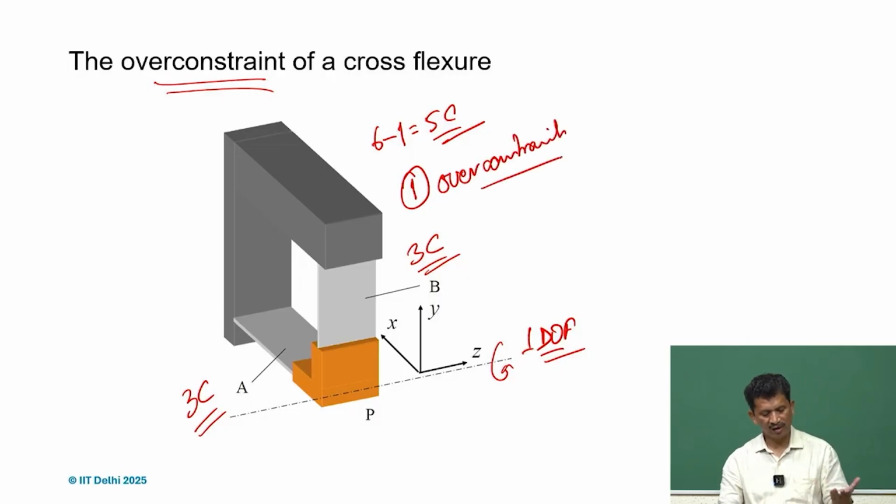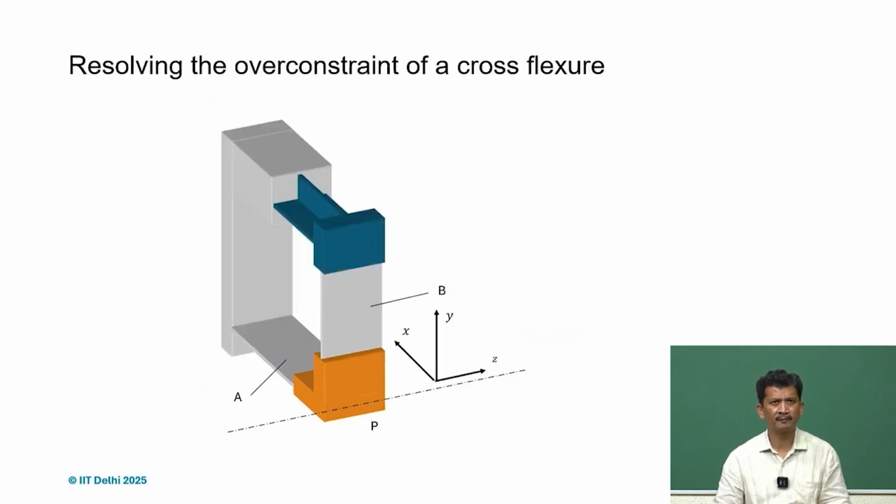So this may give rise to some problems, and when we do the assembly, many times if it's not aligned, then there will be some deformation, warpage, and we can encounter it. So whenever you try to assemble, you will see that problem happening. So if we really want to get rid of that problem and resolve the over constraint problem, at one end